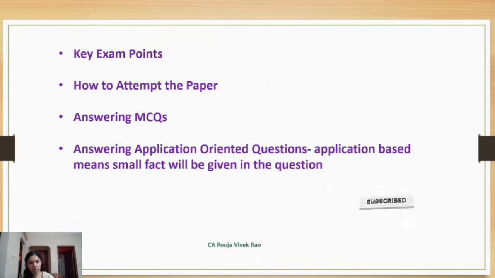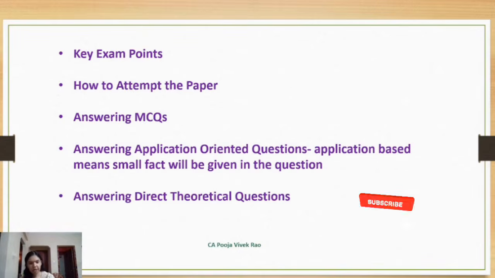And also, suppose if your conclusion is wrong, however the other steps if you have written correct, you will get marks for that. So it's better to follow this stepwise writing the answer. That is, step 1, write the name of the act. Step number 2, mention the facts of the case. Step number 3, write the relevant legal provisions. Then step number 4, analyze it and correlate the provisions with the facts in the question. Then step number 5, give the appropriate conclusion. So even if one step is wrong, you will lose mark only for that step, and for the other step you will still get the marks.